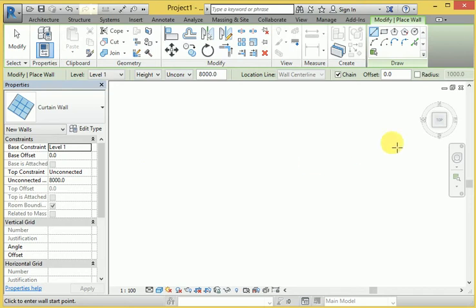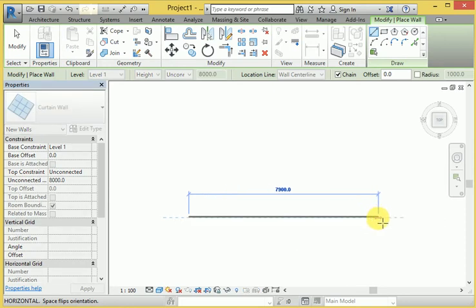First of all, I use this curtain wall from the top plane, and I make this line here.